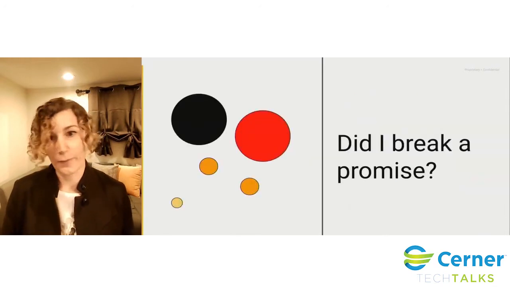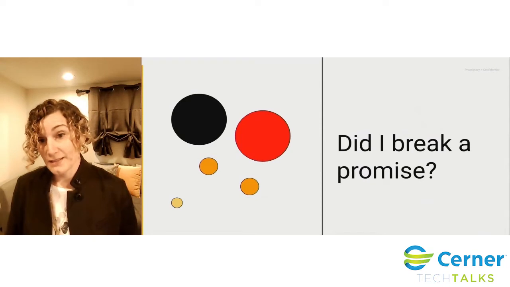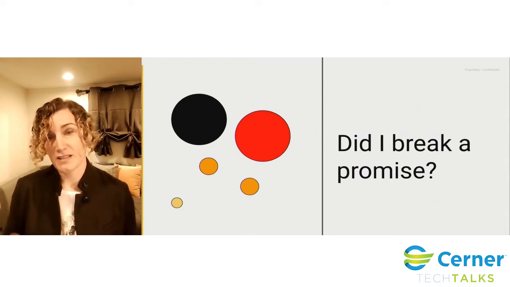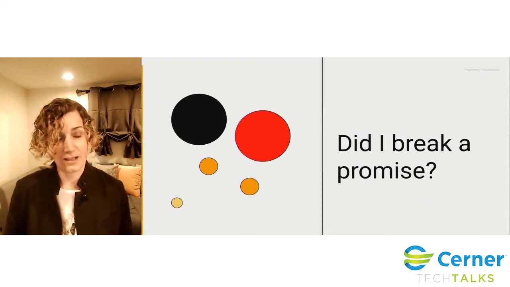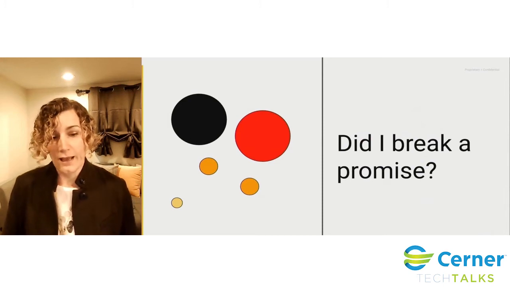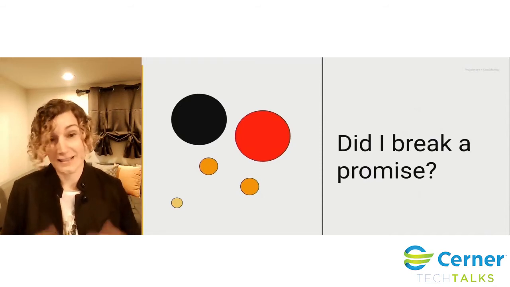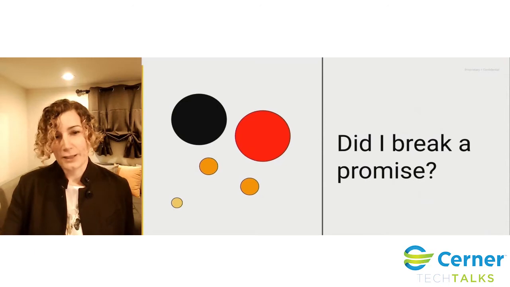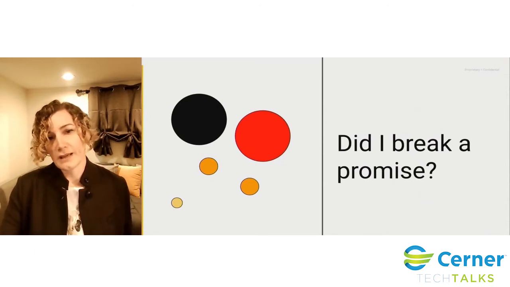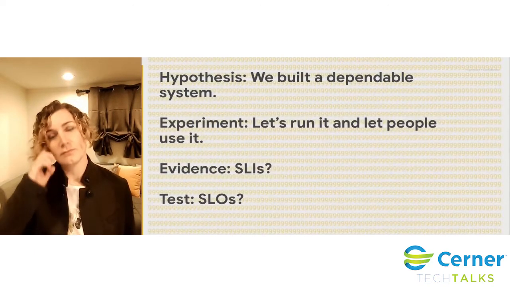And naively, I could say, well, did I break a promise? Did I tell you that I would meet some performance level or I'd meet some expectation and then I didn't meet it? And that sounds great, except that's just SLOs, which we already talked about, which is, we had these service level objectives. If they're codified in contract, then they're the SLAs. But that's exactly what I said doesn't quite work all the way because of customer experience.